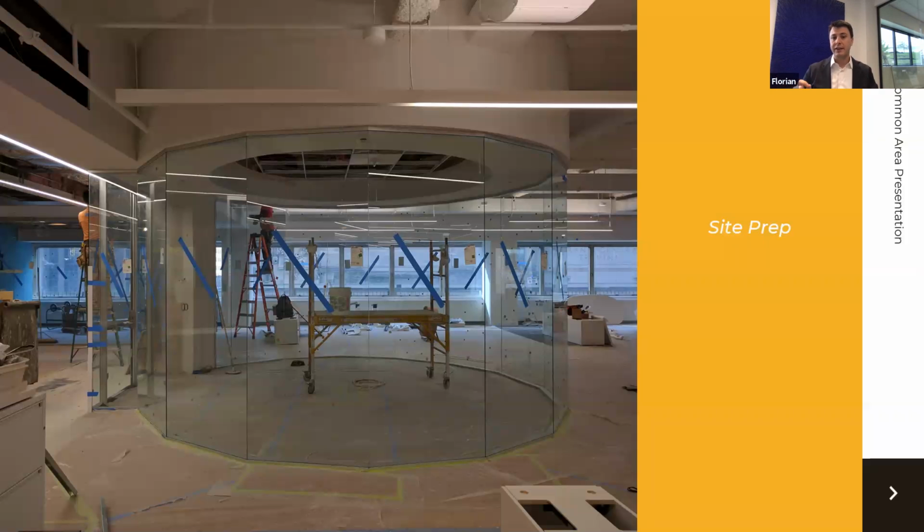What if the radius of the circle is slightly bigger, and now you need to redo everything? So the magnitude of the liability that is carried by the GC, but also the architects and all the team, is pretty important for a project like that. With a system like dHive, with absolutely no floor leveling, we just came in and adjusted our system on site. But not only did we make it happen, we also made it happen with a level of detailing that's